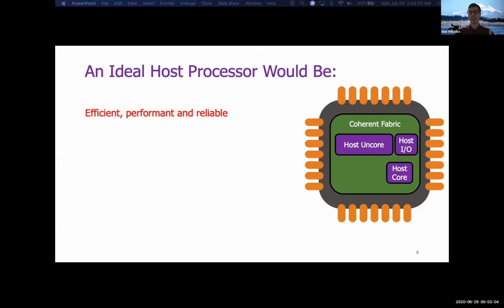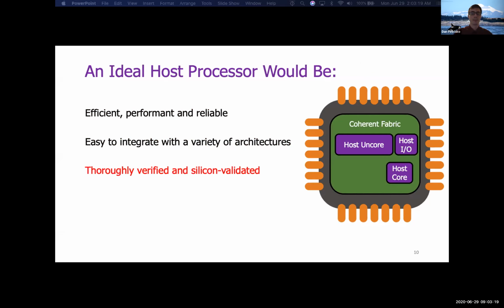So an ideal host processor needs to meet the system performance, power, and area requirements, else we can't use it. It needs to be able to control a diverse set of accelerator types, connecting easily to both standard and custom interfaces, and using standard languages and design methodologies. It needs to be trustable. If the IP needs extensive re-verification or redesign, we've lost the benefits of reuse in the first place. And it needs to be free and open source.